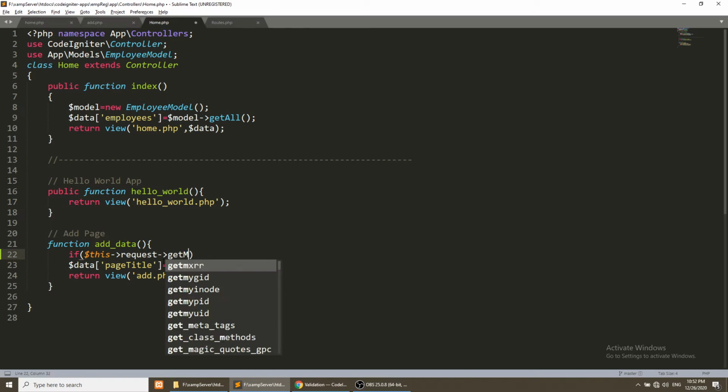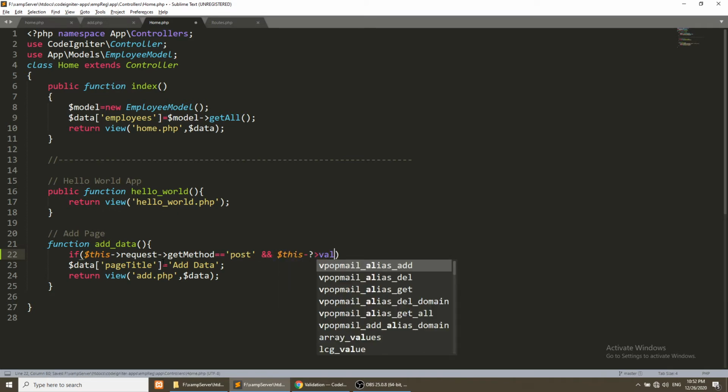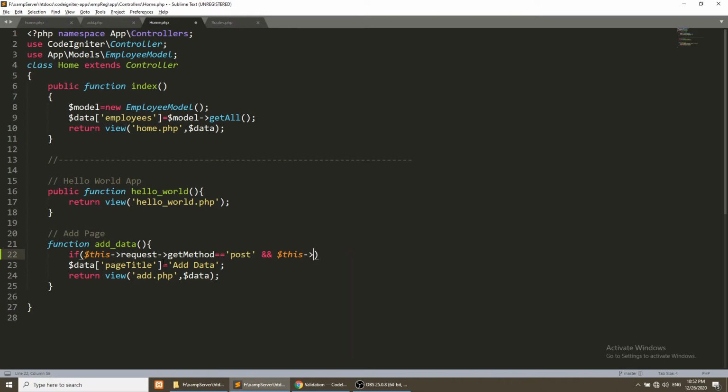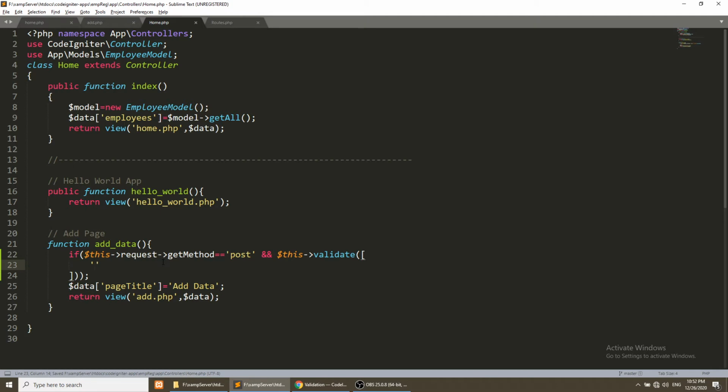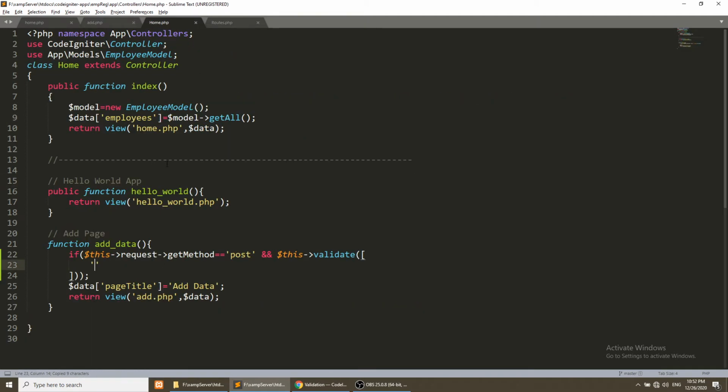If the method is post, then we will perform the validation with $this->validate. It will check if it is validated data, and in the validation we will pass the array, and from the add form I will get the name, full name, and I will add required.